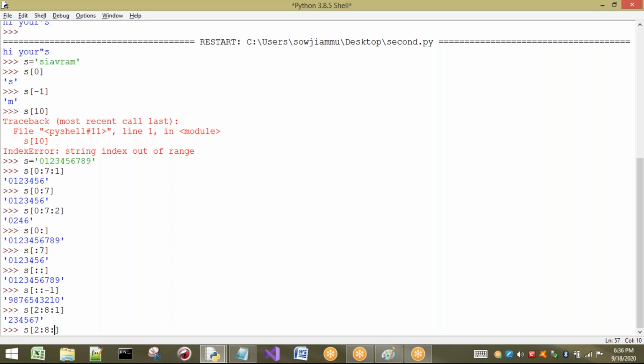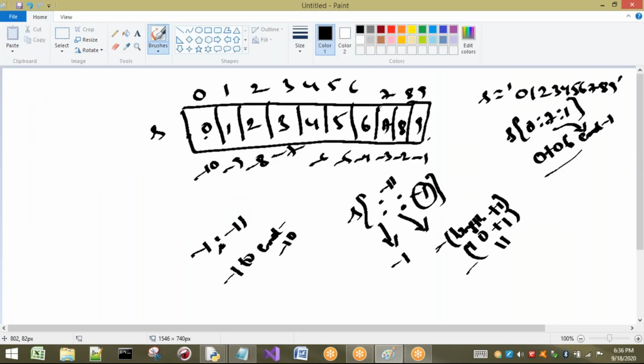Now if I'm going to consider here also 2 to 8, this point you have to understand. 2 to 8, and here I am going to consider -1. That -1 indicates what? Compulsory you have to understand this point. -1 indicates negative. So here 2 to 8 I have taken, and I have taken -1. So by seeing this step value as -1, I can understand from backward direction. So if I take backward direction, is there any index called as 2 to 8? Can I take 2 to 8? No, 2 to 8 cannot be taken from backward direction. So I cannot take anything.